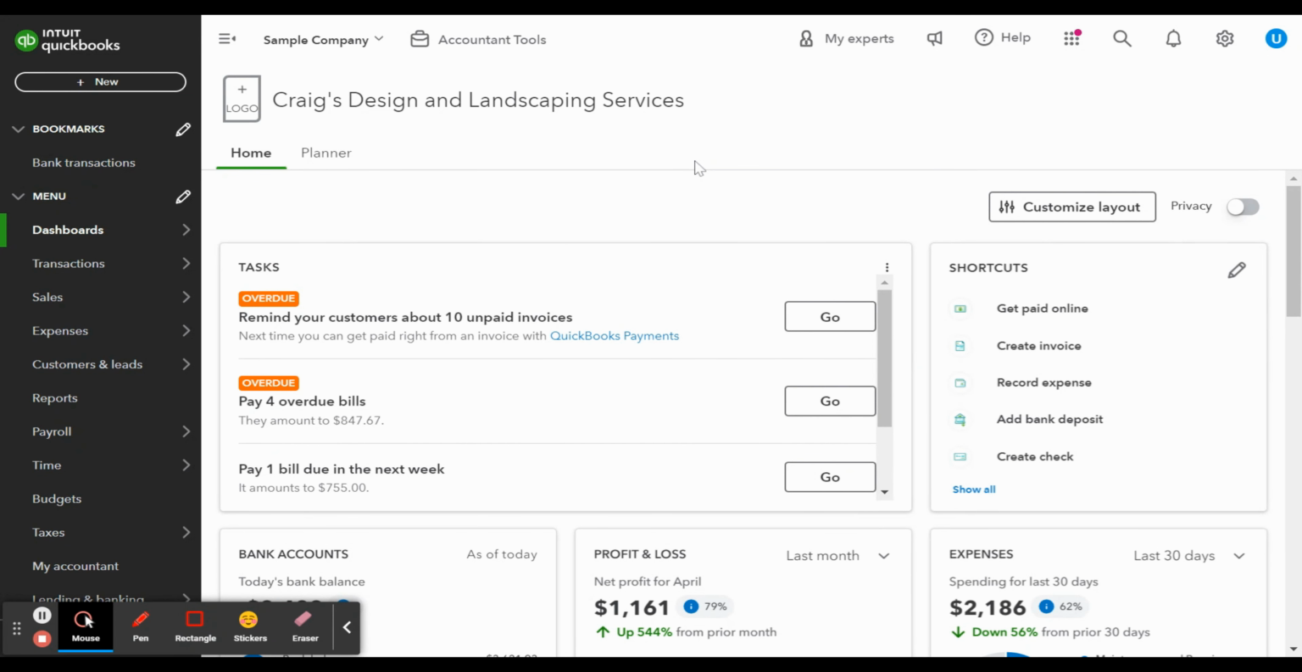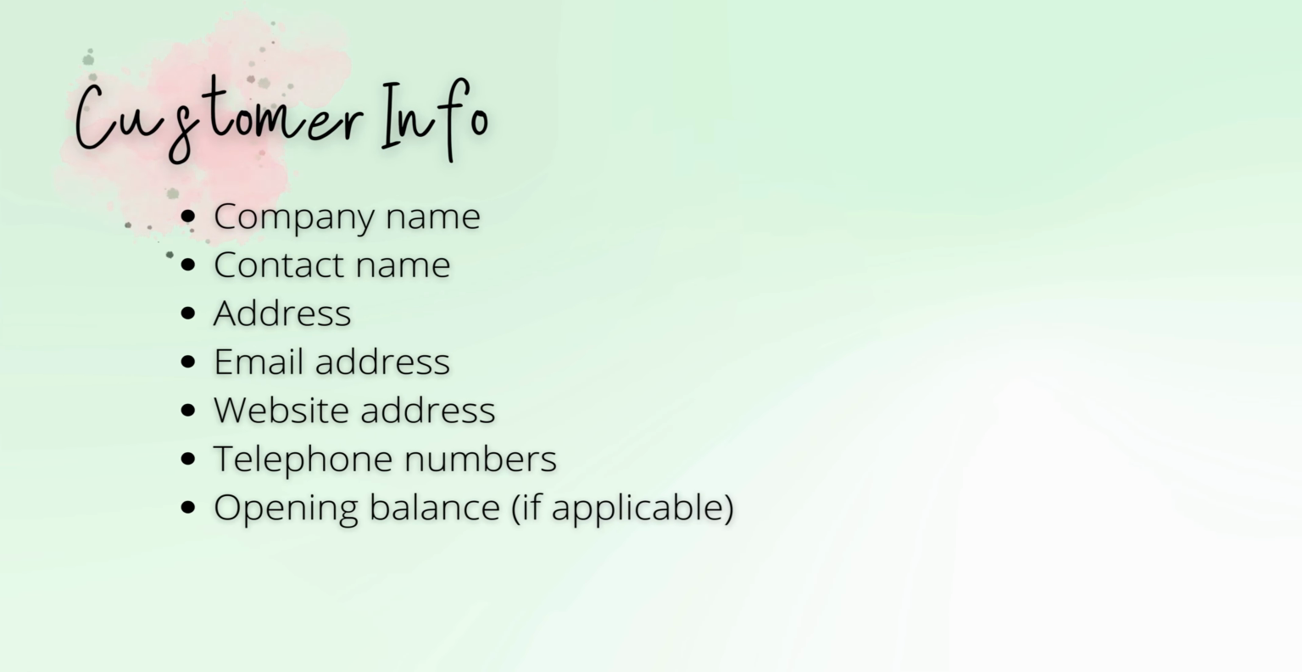In this tutorial, I'll show you how to set up customers in QuickBooks Online. I'll show you how to add customers manually and import customer data from a comma-separated values, CSV, Excel, or Google Sheet file. First, you'll need to gather the information that you need to set up your new customers, including the following: the customer's company name, the contact name, address, email address, website address, telephone numbers, along with an opening balance